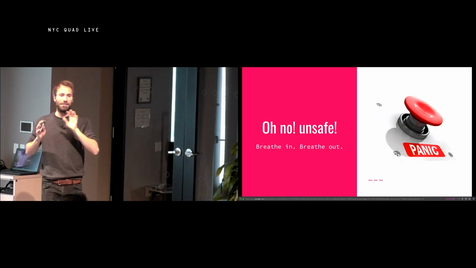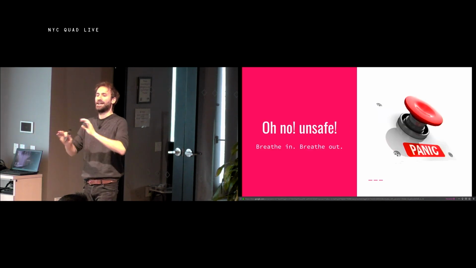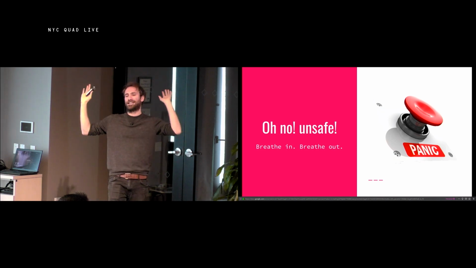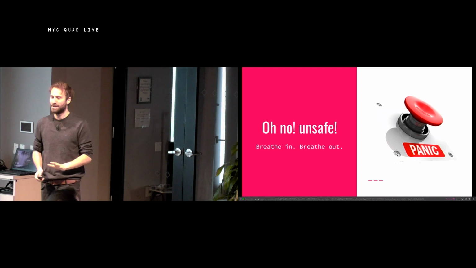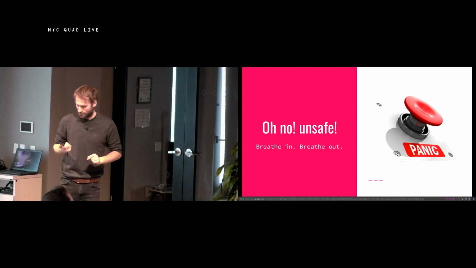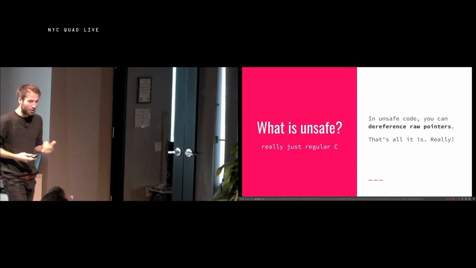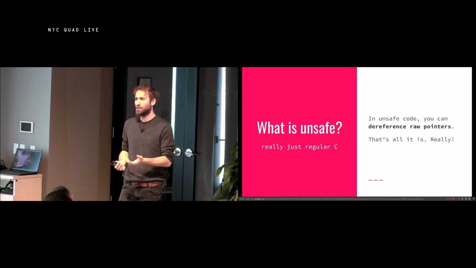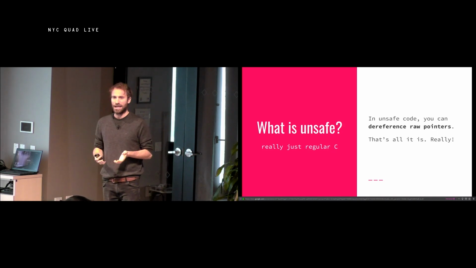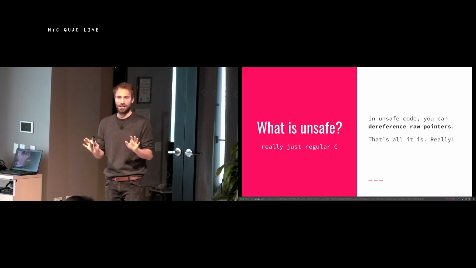Now, in many of your heads, there are going to be alarm bells going off. Oh, unsafe. I've heard about this in Rust. This is terrible. This basically gives up all guarantees, and Rust is now basically C. Please breathe. It will be okay. It turns out, ooh, what did I do? I reset it. Oh, no. Let's try that again. There we go. It turns out that writing unsafe code is really just writing C code. Whenever you type the unsafe keyword, Rust is saying you're now allowed to do the things you're allowed to do in C. There's nothing more or less magical to it.